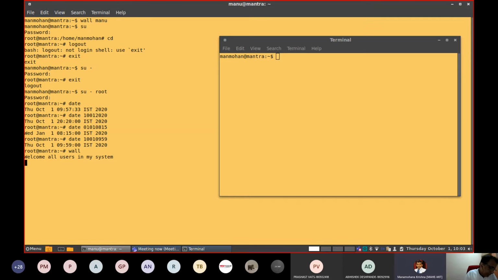And if it is permitted to send the message, then at the end you have to type Control D. This message will be received by all other users in the computer system in their terminal mode.